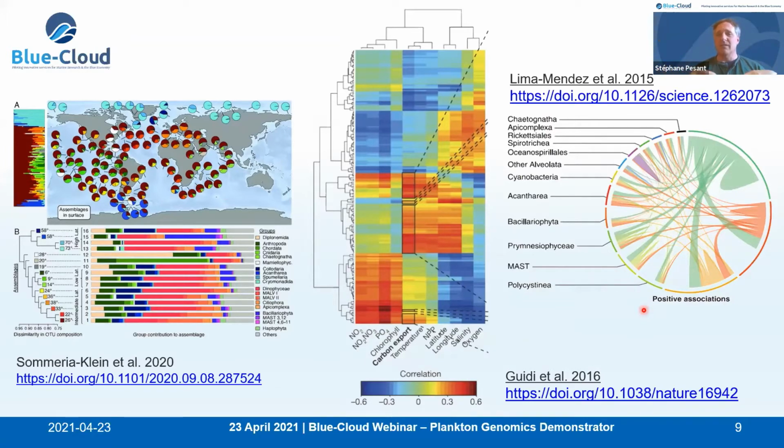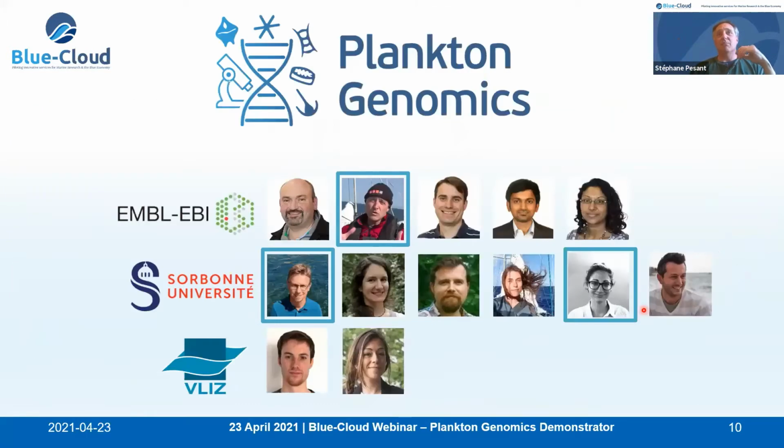Now the dream of the Blue Cloud is to be able to deploy these analysis pipelines in the cloud, so that anyone can go in the cloud and either redo the analyses that were published or use the pipelines with their own data, or even take the pipeline, modify it, tweak it so that it can be fit for their purpose, and then put it back in the cloud. That's the dream. And so we came up with this Plankton Genomics demonstrator, developed by a number of people from